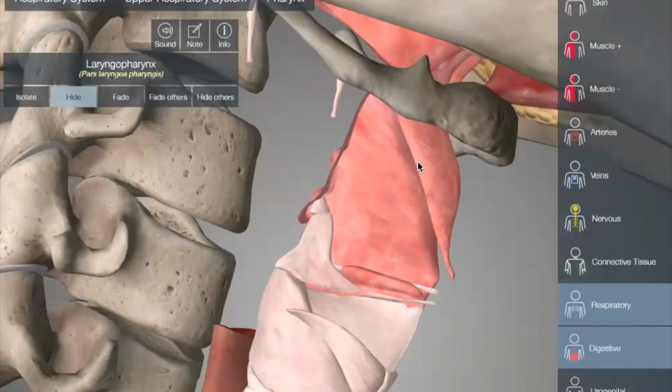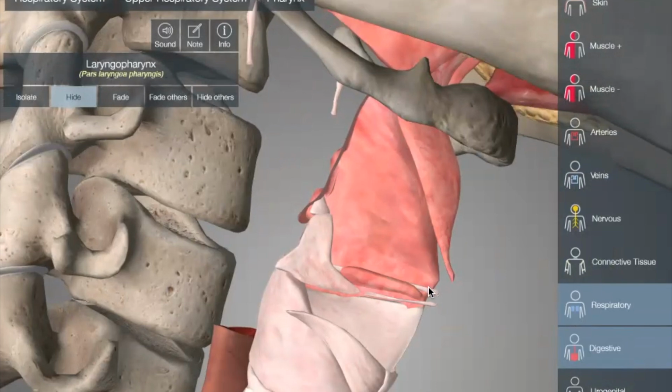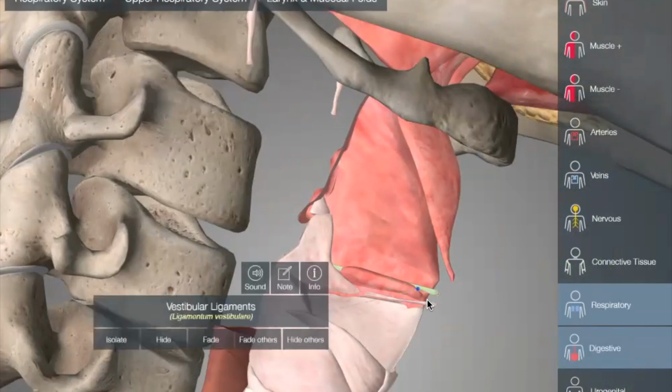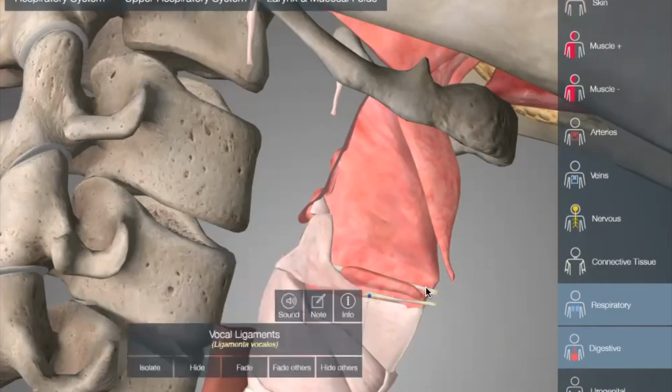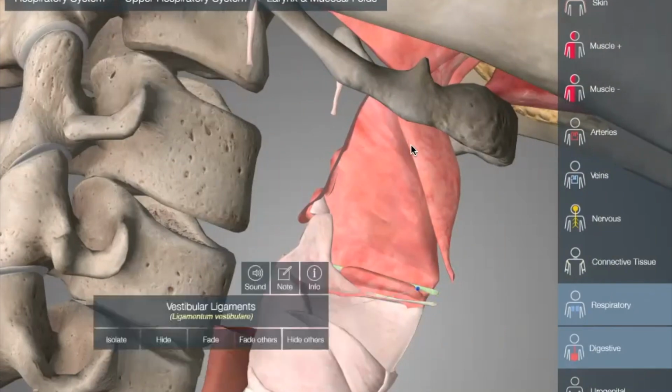The supraglottis, remember, was from here, the inferior part of the epiglottis, to the specific structure was, yes, the vestibular folds. Yes, here, or the vocal cords. So the